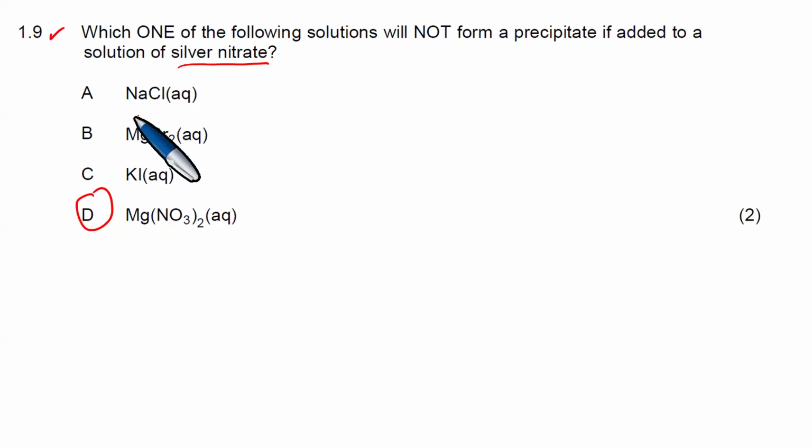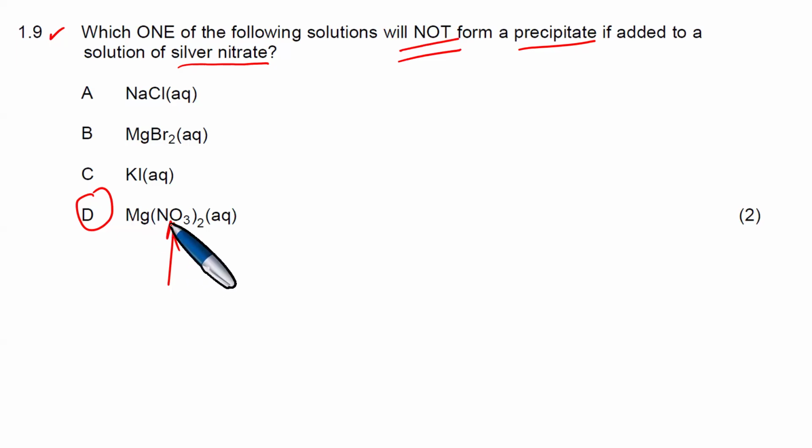Your sodium chloride is table salt, the salt you eat at home. Your magnesium bromide and your potassium iodide are all salts, and salts have a tendency to form precipitates. But we're dealing with silver nitrate, and silver nitrate contains a nitrate. Nitrate means NO3, and therefore magnesium nitrate will not form a precipitate,